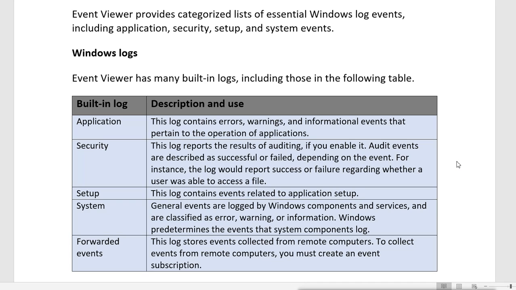So what you can do is monitor the logs from all the other machines from a single machine. So you have to do what? You have to forward all the other machines' logs into one centralized machine, where you can see the other machines' logs also. And those logs which are coming from the other machines, you will see under the forwarded events, and you have to configure it from the other machine. So on the other machine you will configure the event subscription, where you will decide where you want to send the log, and the machine where you send the log, you will see those logs under the forwarded events log.